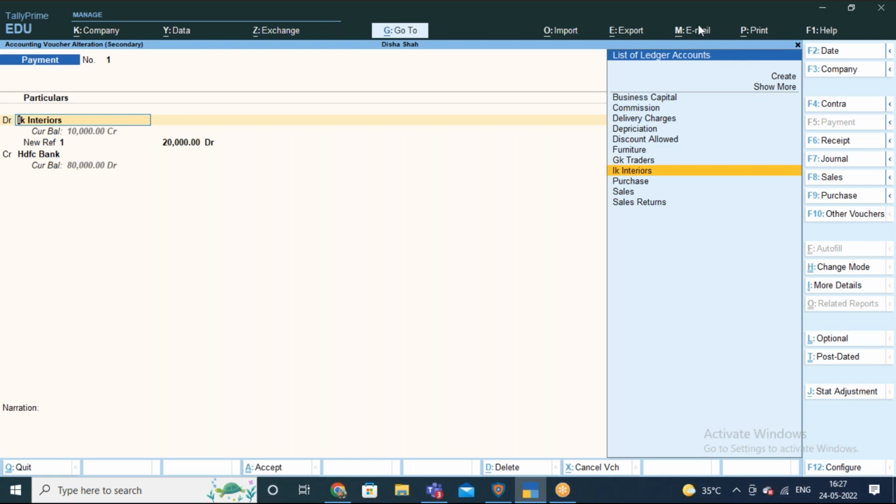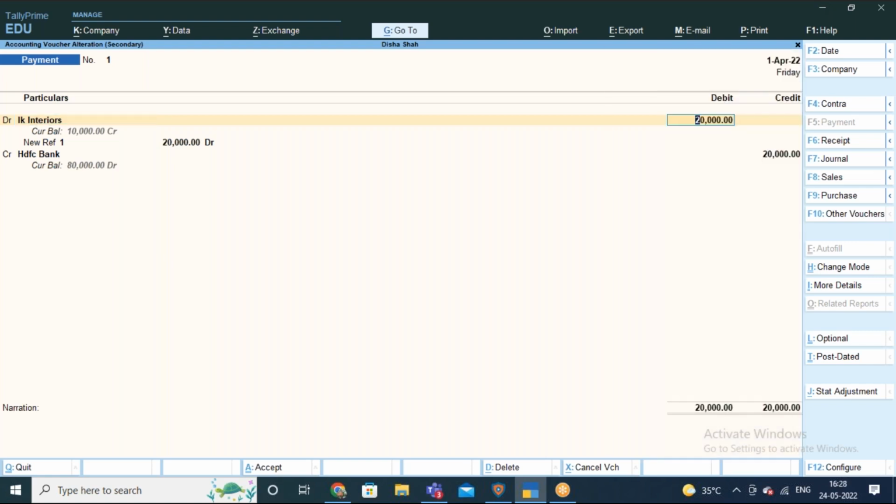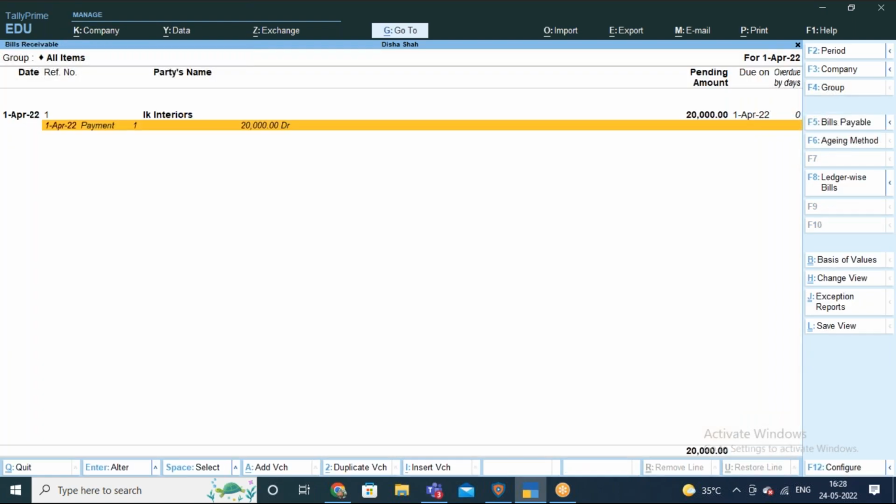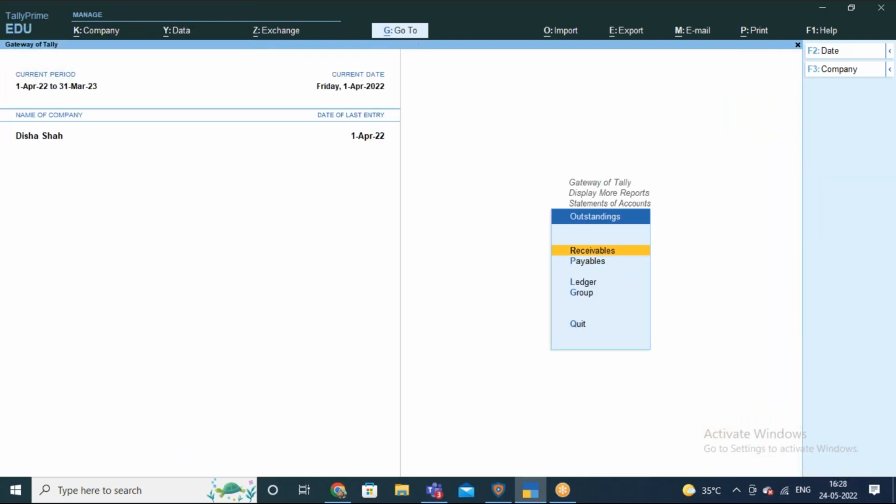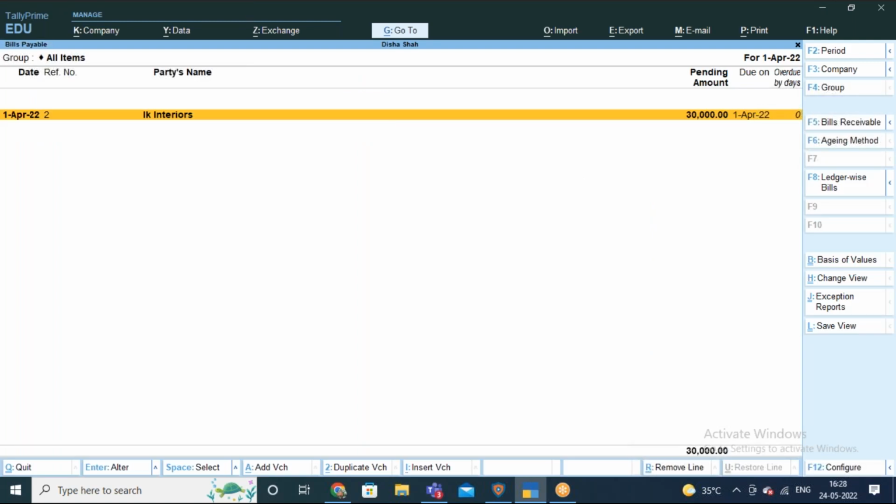Okay, so press escape. Go to the payables. So what was the furniture we have purchased, for what value? Press Alt F5. So go there,